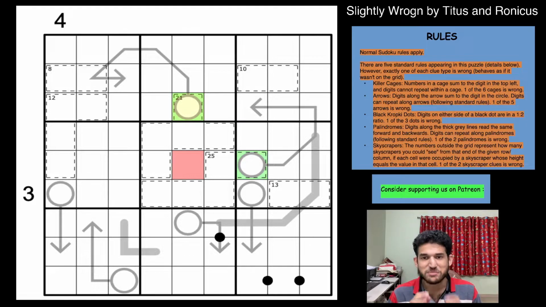One of these killer cages must be wrong, because if both of them are right, then there is no way we can satisfy the part that sum of the green minus sum of the red is equal to 1. So it's clear to us that one of these killer cages is wrong, which means the rest of the killers must all be true. So I'll just mark them in maybe light yellow color. So all these are true,